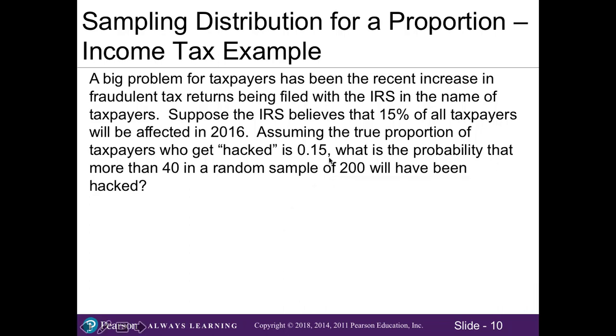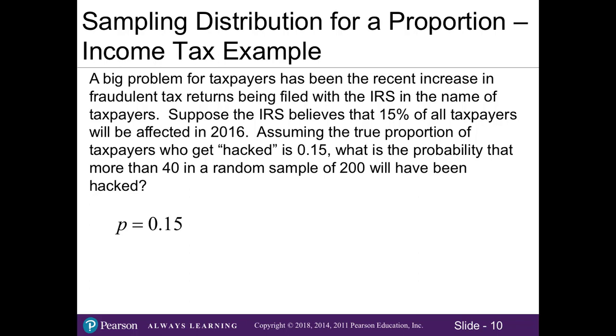Our population proportion is given to us again in the very next statement, assuming that the true proportion of taxpayers who get hacked is 0.15. And remember that 0.15 and 15% mean the same thing, they're just in different formats. Whenever you see in the word problem, if it's in a percentage, you'll want to convert it into decimal format in order to work with our formulas. So we have our p at 0.15, which is our population proportion, and we also need to calculate our sample